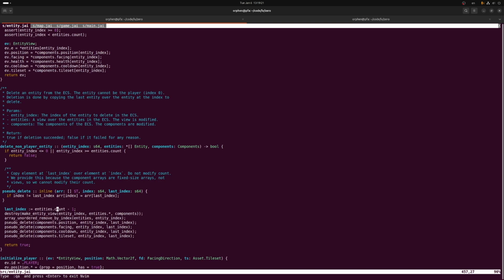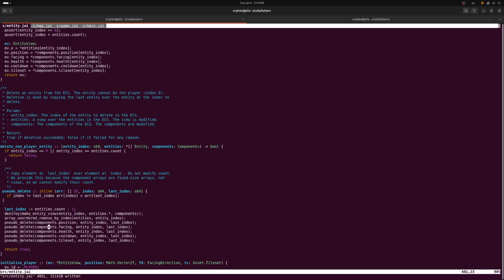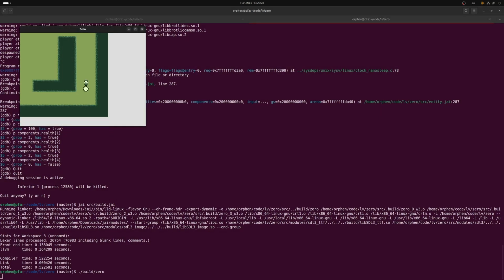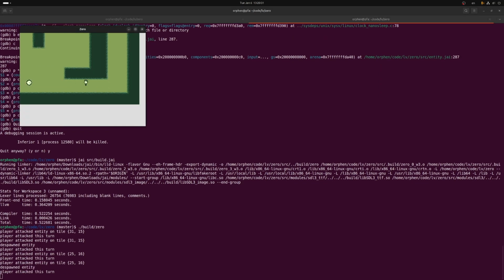So every time I add something to the list of components, whenever I don't operate on something via view, but instead operate on the components directly, I need to remember to update all of those sites. Yeah, how can I make sure at call time or even compile time that I have some function that operates on every member of a struct? I could do this with metaprogramming. So we'll compile, we will go back to running, and now I will go 1, 2, 1, 2, and then